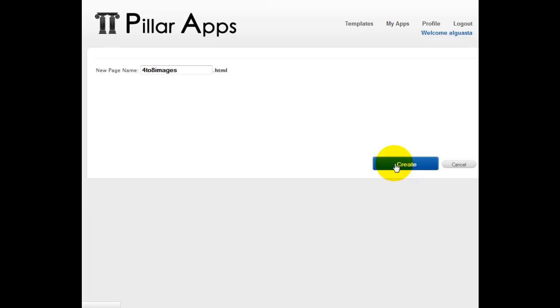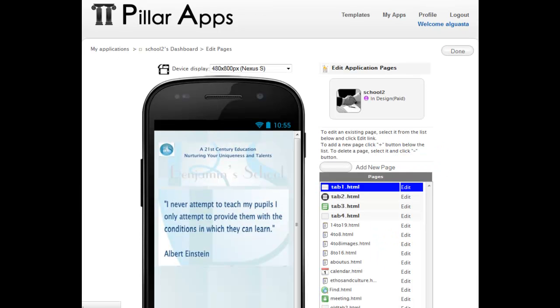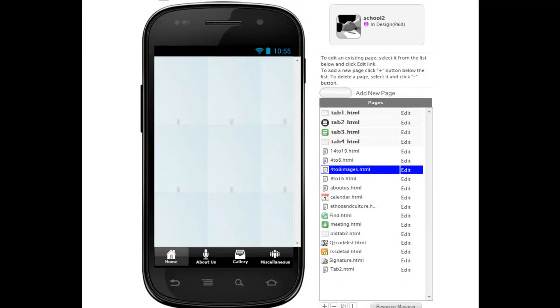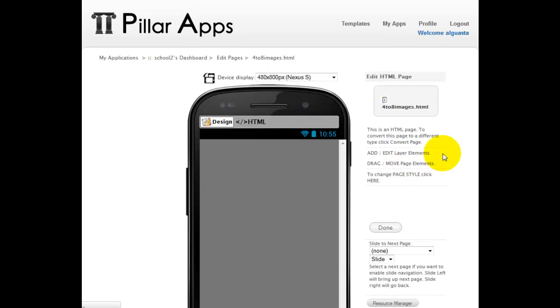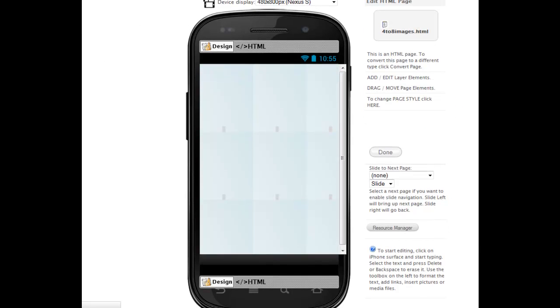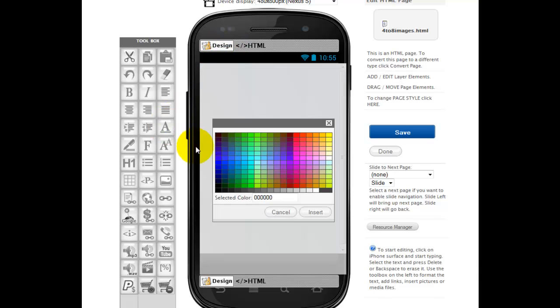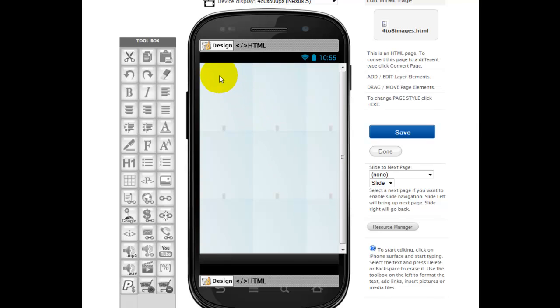Create. Now, we've then got to go in and edit the 4 to 8. There it is, 4 to 8 images. It's been automatically selected for me, so I'm going to click edit. Okay. Now in design I'm going to, that's right, we'll have black, and insert, and